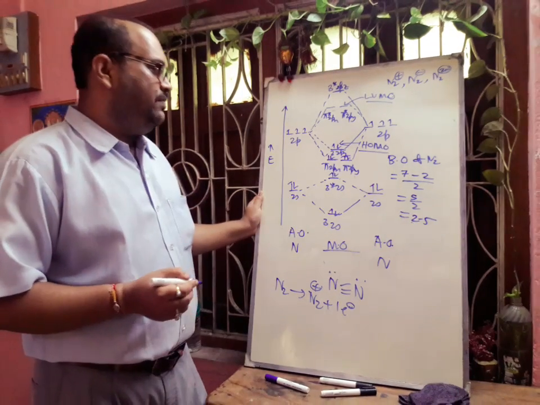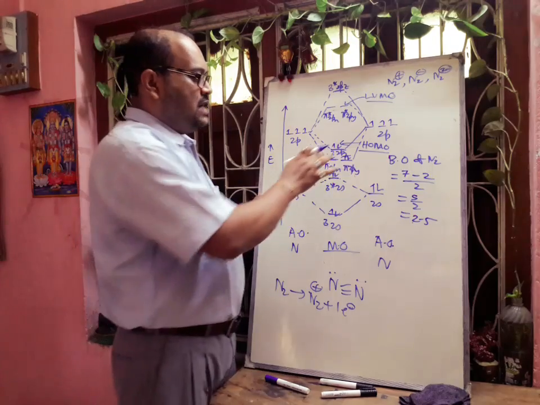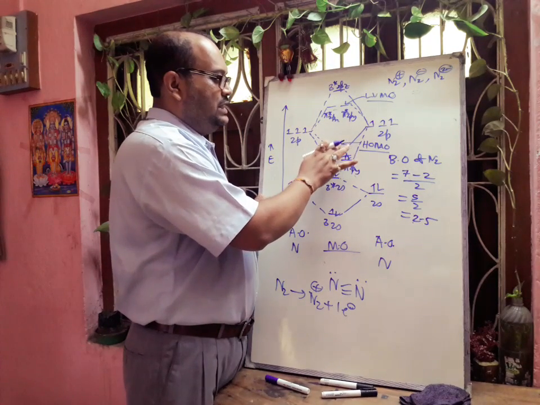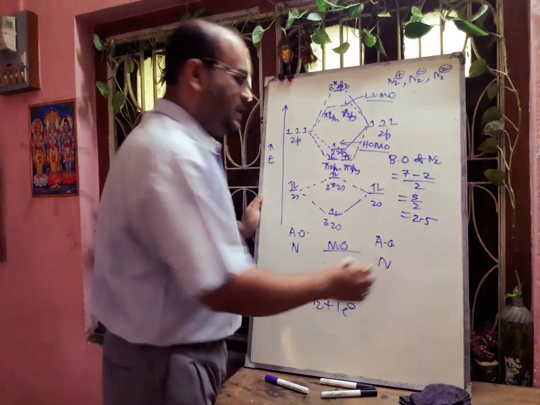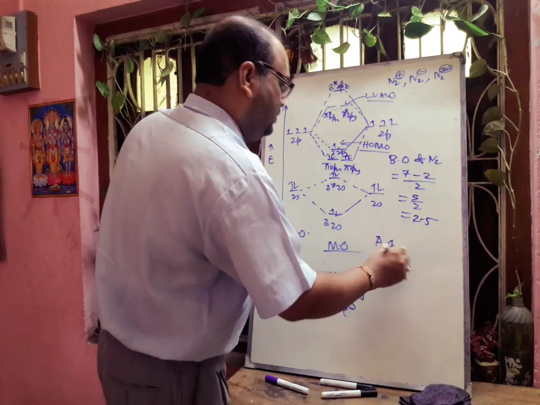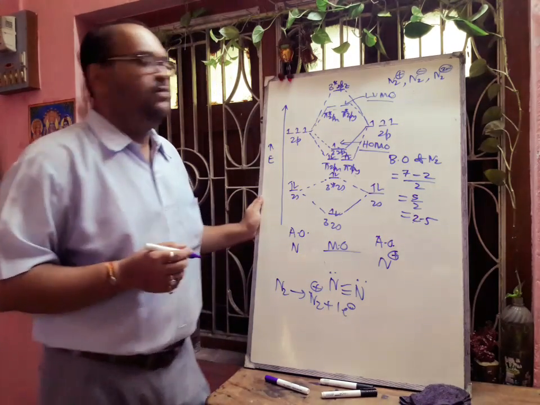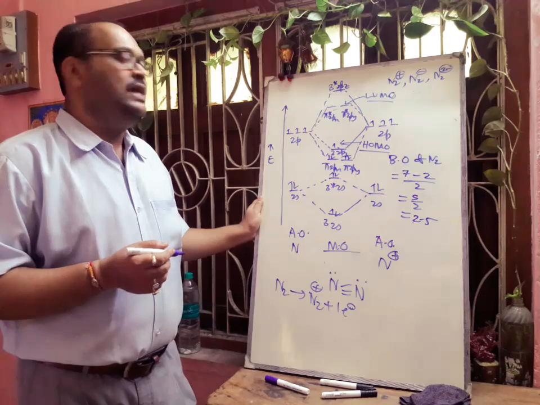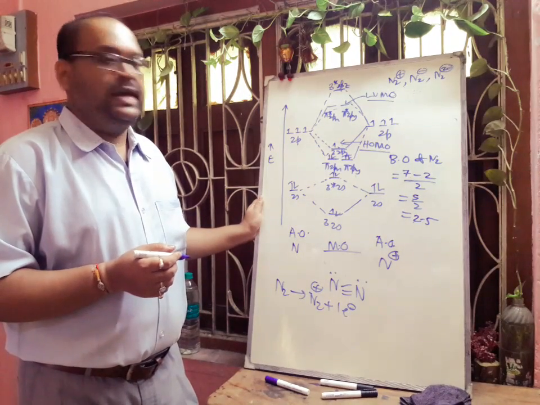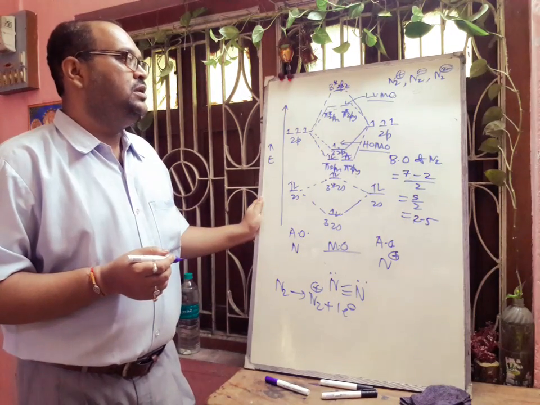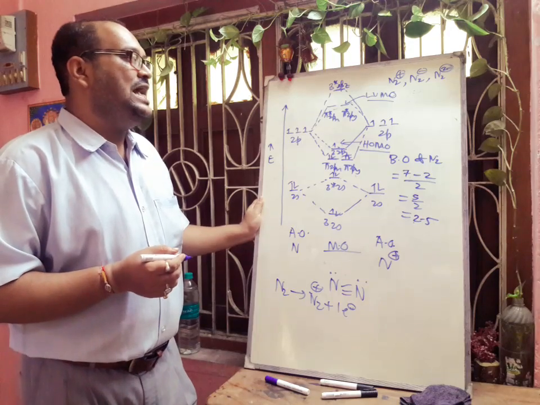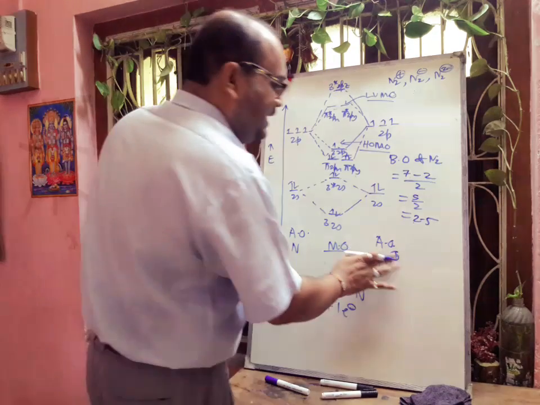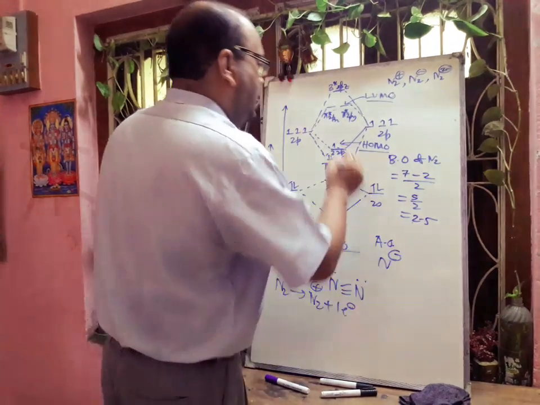Okay, here also what you will observe is that one electron is less in case of N2 plus, so there will be the plus charge here. So definitely the presence of one unpaired electron will make it what? Paramagnetic.